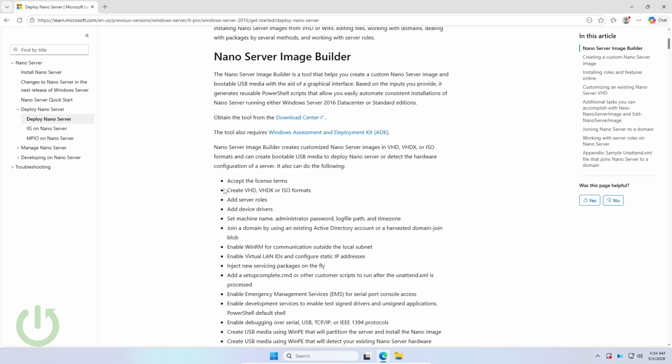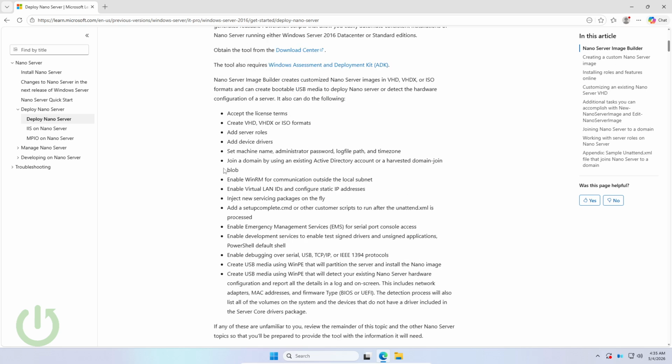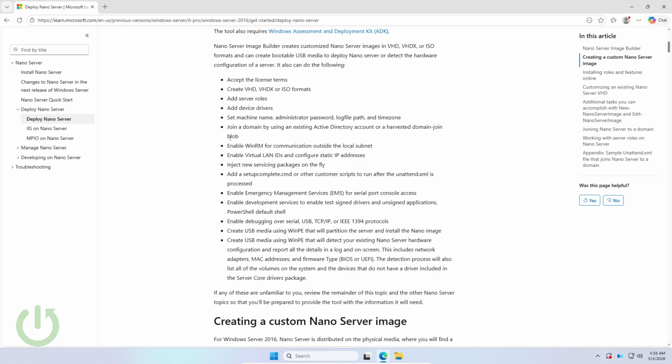editions. And now, Nano Server Image Builder, of course, here are the links where you can download it from. Nano Server Image Builder creates customized Nano Server images in VHD, VHDX or ISO formats and can create bootable USB media to deploy Nano Server or detect the hardware configuration of a server. It can also do the following, and as you can see, we have a lot of things that it can do. So if you are interested, you can pause the video and read it. I will wait a bit,